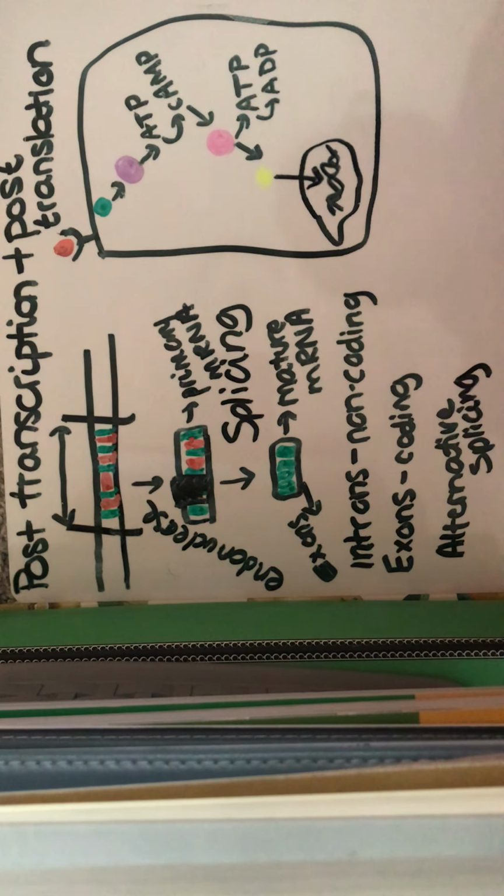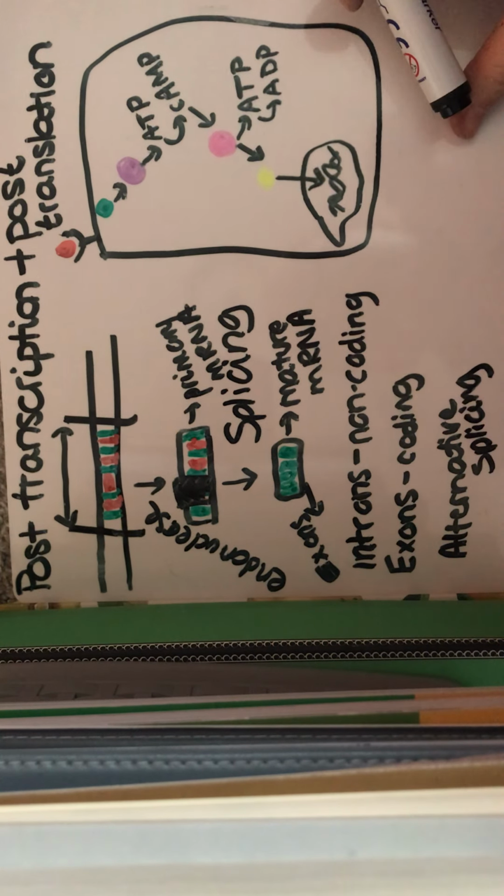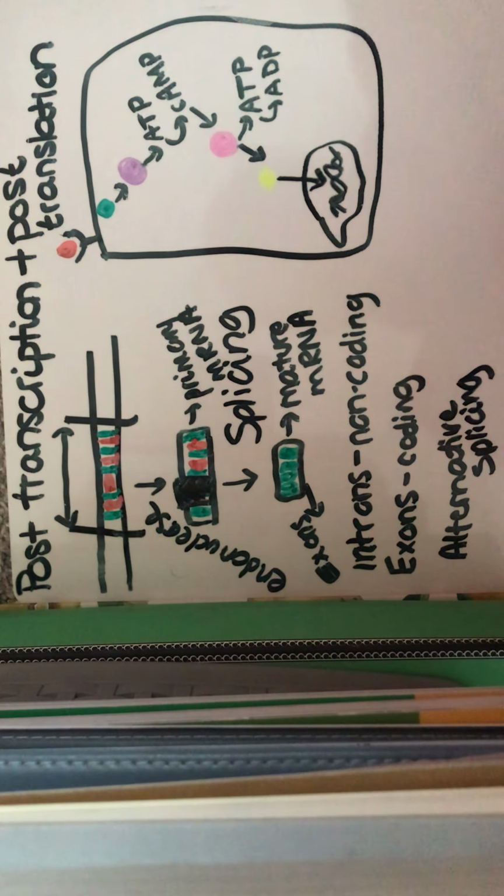So the mature mRNA is shorter, and then that is translated to produce a protein. Okay. So that's how gene regulation is done at post-transcription level through splicing of the mRNA. And this is what happens post-transcription. But if we're looking at post-translation level of gene regulation,